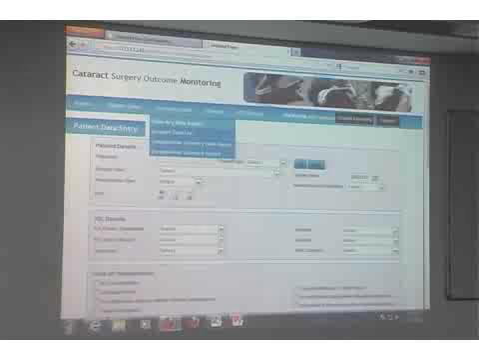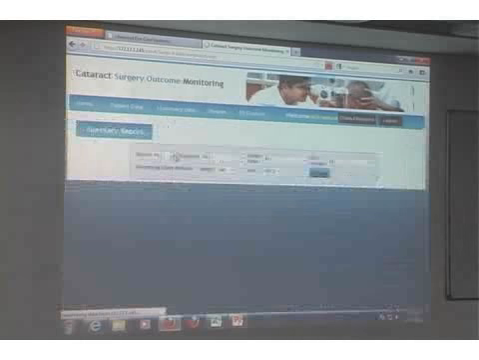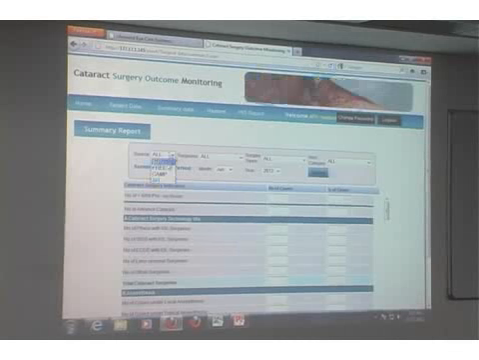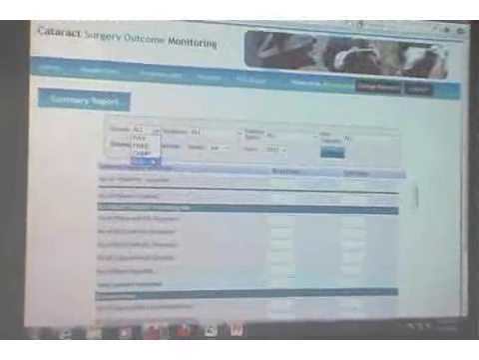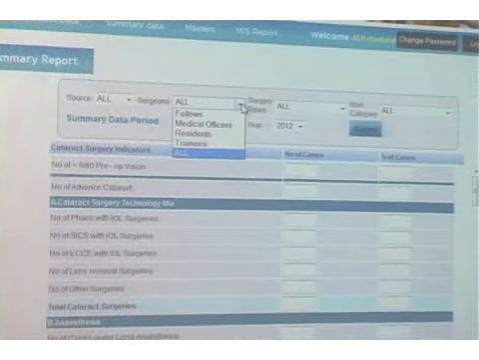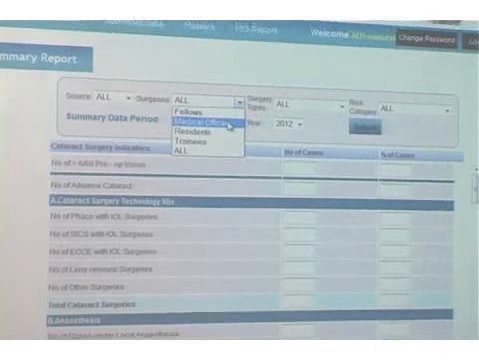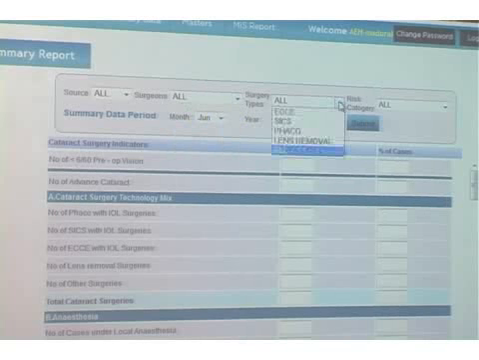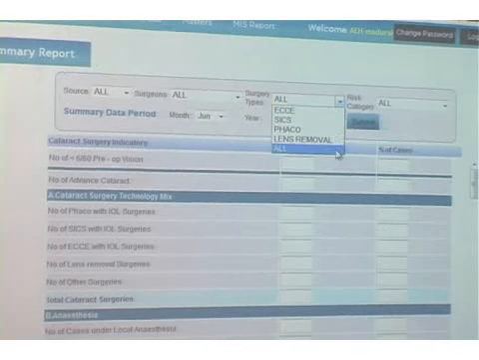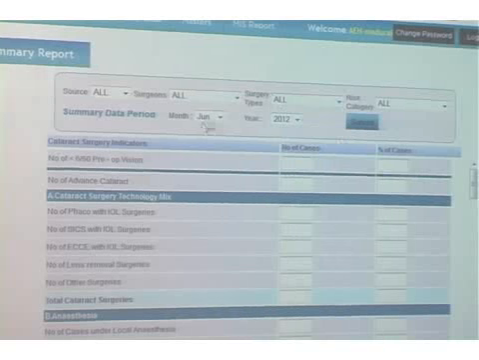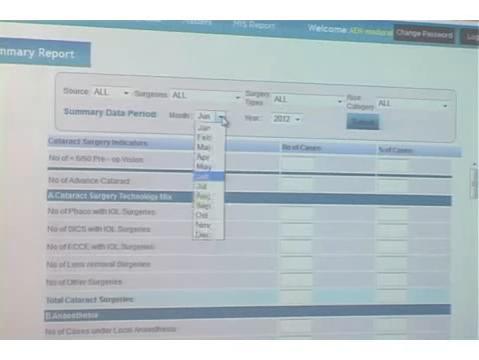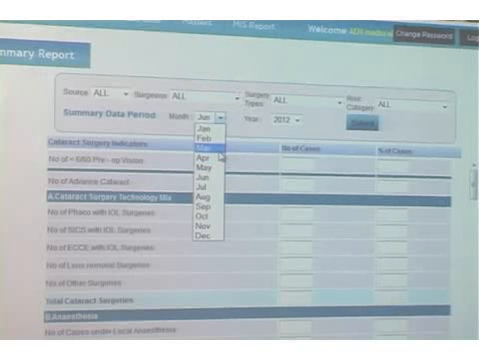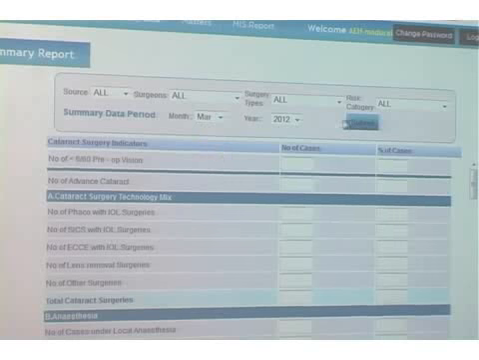And this is a summary data. For example, I'm just taking it for all the hospitals. They can look at paying patients and free camp patients separately. I can also look at the data for each individual group, whether fellows, medical officers or doctors, and for surgery type also, whether it is ECCE, small incision, phaco or lens removal. We have the data now up to March. For April, patients are still coming for follow-up, so that is not current. So you can see the March 2012